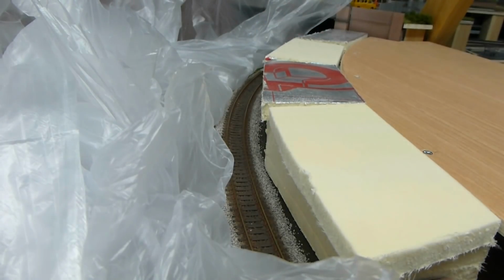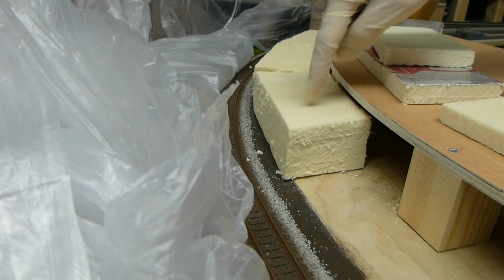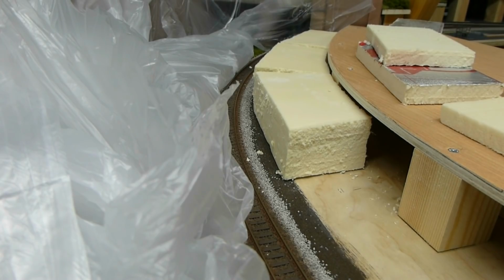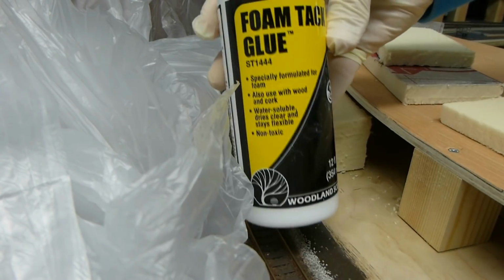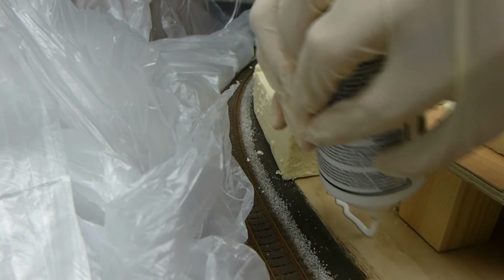What really needs to be done now is it needs to be fixed down, and for that I'm going to use foam tack glue from Woodland Scenics. And once that's dried, it's then onto the carving stage. So I'm going to get the glue and fix this down. I've taken the foil off the tops and the bottoms of the main blocks there, just so it adheres better to the foam above it and the baseboard below it. I'm going to use this foam tack glue, and the code for that is ST1444, and just squirt a bit onto the